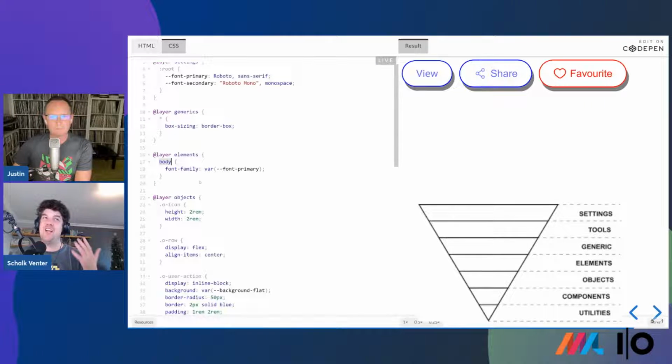So this might be unordered lists or whatever. And you can probably see as we're going down this pyramid, and this is why it's an inverted pyramid, that the broadness of the CSS rules that we define actually gets more narrow. So we start with variables, then universal selectors, then we get down to elements, and then on the next level you get into classes, but specifically in this case, oh no, okay,